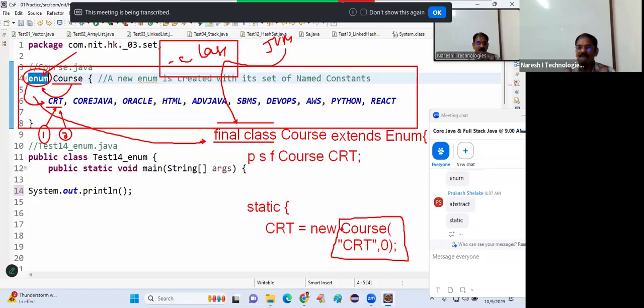Tell me, what is the default constructor of the enum? Is it a no-parameter constructor or a parameterized constructor? Inside a class, the default constructor is no-param. Tell me, inside enum, is the constructor no-parameter or parameterized? Now, what is there? Course of how many parameters? Two parameters. First one is what? Name, and second one is what? Int,